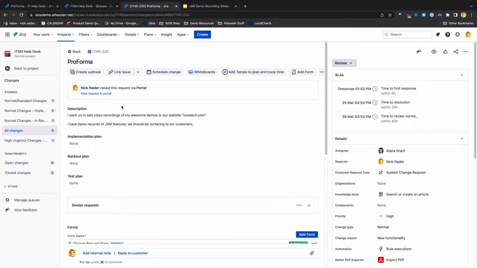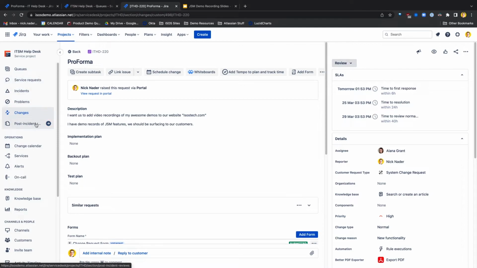So change management and incident management are really dependent on your configuration, right? They're dependent on a dedicated issue type, dedicated request forms for change and incident management, dedicated workflows representing your process, and automation rules that support that workflow and automate that process as much as possible. Now, they are pulling as much change and incident management functionality into the cloud product and into this ITSM template as possible. And one of those new change things is a